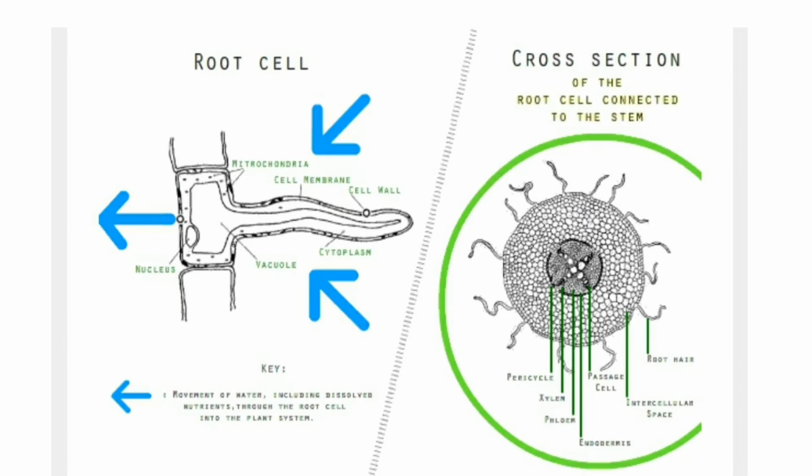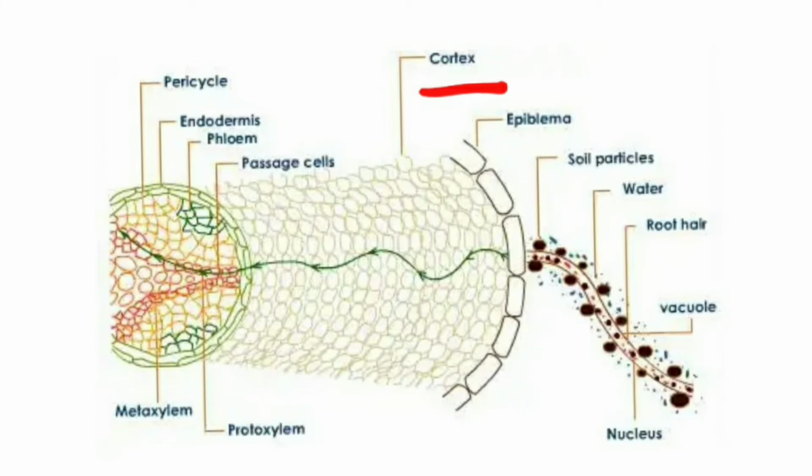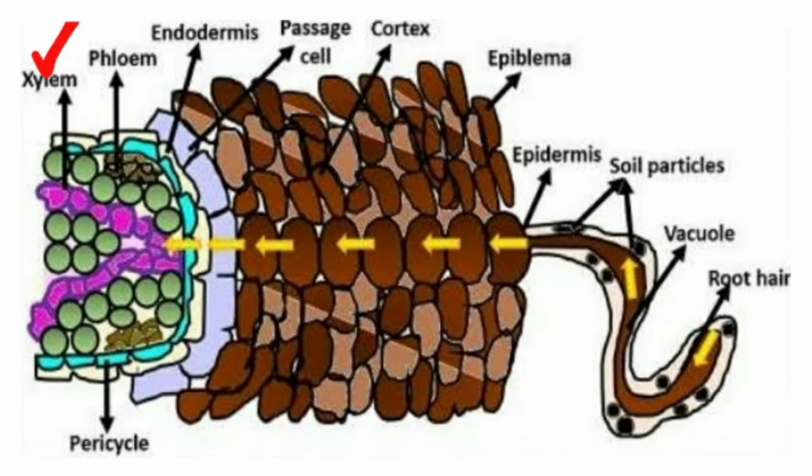starts increasing. The cells which are adjacent to the root hair cells are the cortex, the inner tissue. So now the water concentration in the root hair cells is more than that which is in the cortex. So now water molecules are going to move through osmosis again from the root hair cells to the neighboring cells, that is the cells of the cortex. This process will continue until water reaches the xylem tissue in the root.